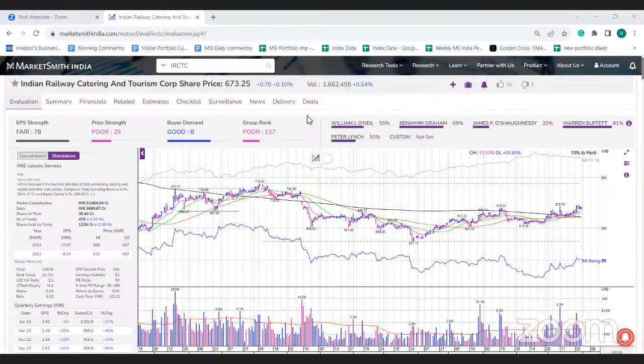But technicals have come down, and if the stock advances from here and breaks out, then definitely technicals will also improve. But looking at the current situation, the probability of that happening is on the lower side. And if you are holding it, all the moving averages are very close to the current market price. So depending on the buy price and the risk appetite, you can keep the 200 DMA or 50 DMA, which are very close, and if those levels are breached, you can exit the stock.